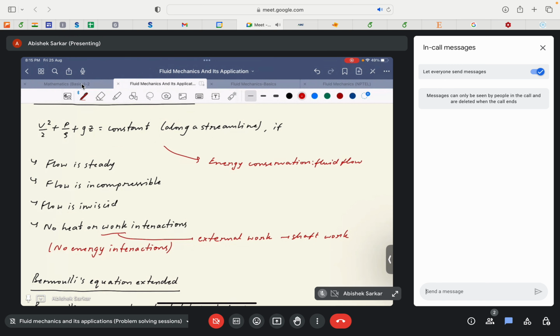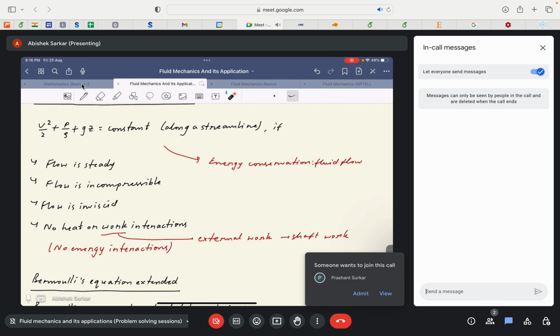I will not go through the derivation for the sake of saving time, but I emphasize that you go through the derivations in any standard fluid mechanics book, or follow the book by Professor Gupta, or go through this week's and also last week's video lecture, so that you can get an idea of how this energy equation is derived. Once you get an idea, you will get to know how this form of Bernoulli's equation is actually a very exclusive form, where many terms are neglected or discarded, given that